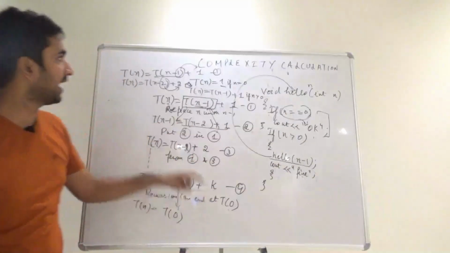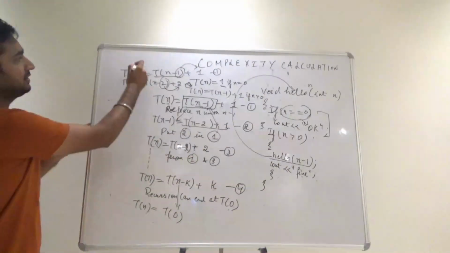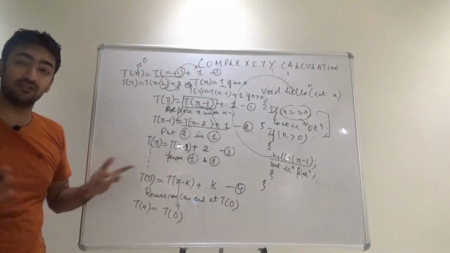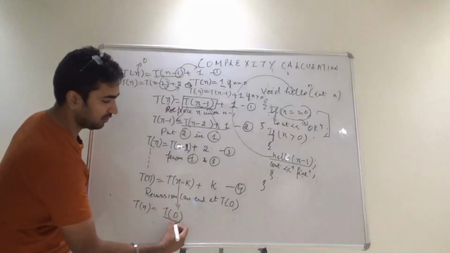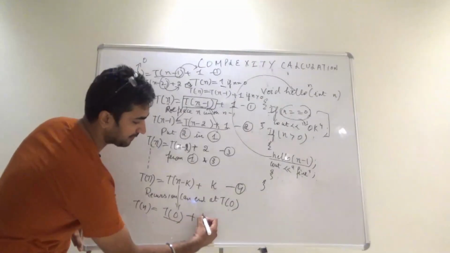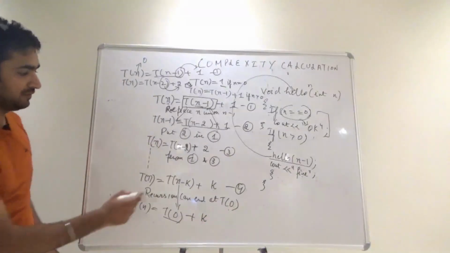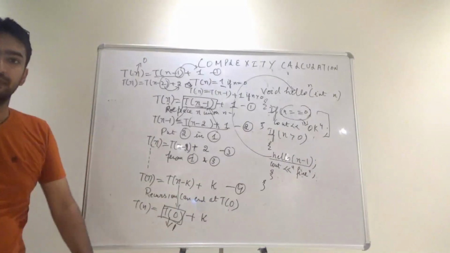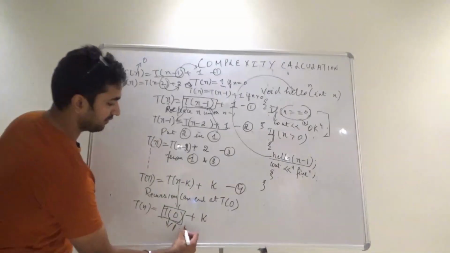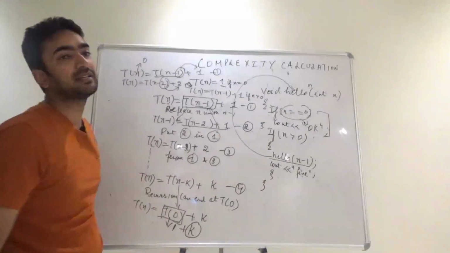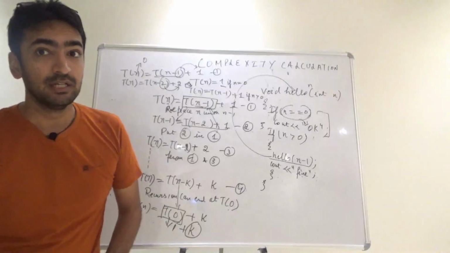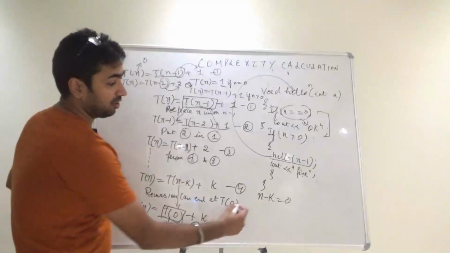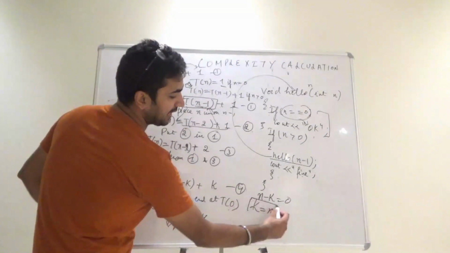So the entire time complexity is with T of n. If this value is put up as 0, it means my recursion will end, and yes, k times it is working. So k is the ending of the recursion. So we got T of 0 plus I am writing k. T of 0, this is definitely running for how many times? One time. It is running for one time, and you have written k. It means the entire time complexity is dependent on the value of k. Since you have written n minus k is equal to 0, your k value can be treated as n.